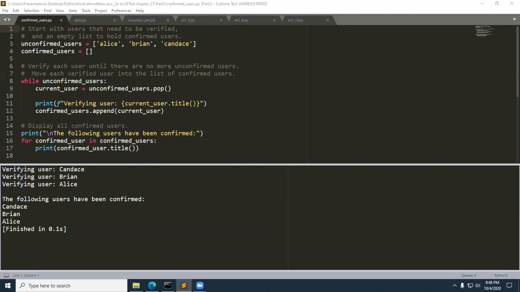I have an example up here to look at, and the documentation on here is pretty good. So on line 3, we've got our first list. It's got Alice, Brian, and Candice, right? And then we have an empty list called confirmed users. And basically, we're going to simulate the idea that each user is going to be confirmed and then moved into the confirmed user list. So in our loop here, we're going to say on line 8, while unconfirmed users, okay,